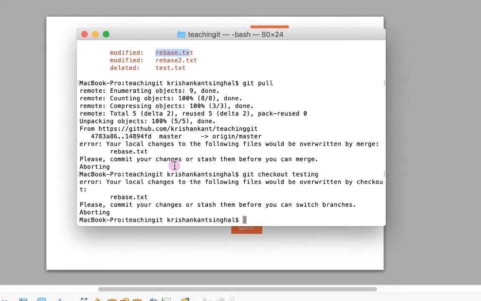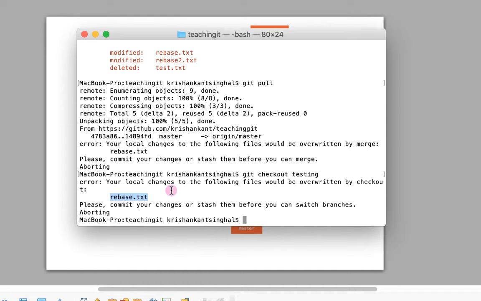If I move to the testing branch, obviously the changes for the rebase file in the testing branch need to come, because when we switch from one branch to another, we get the version of that file in that particular branch. So I will get the rebase.txt of the testing branch, not the master branch, and any changes done in rebase.txt will be lost. That's why Git is not allowing me to move from master branch to testing branch.